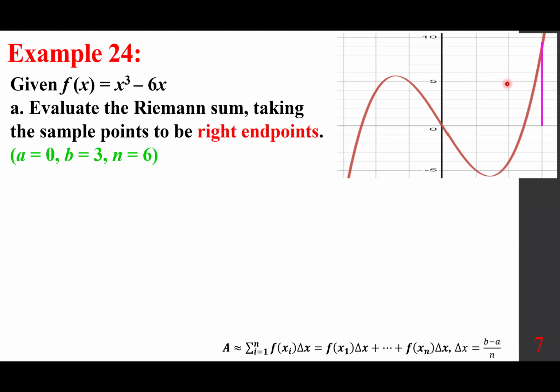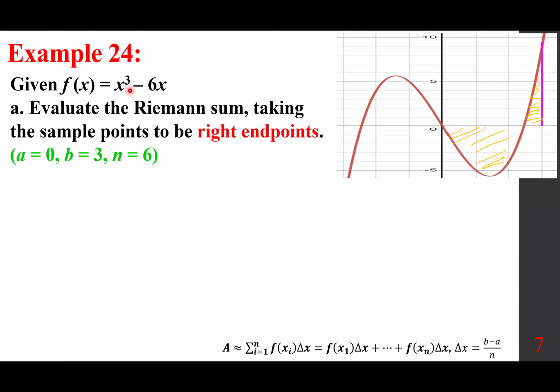Just to let you know, what we are interested in is this. And by the way, you can clearly see that this is larger than this one. So you expect a negative value because this represents the difference of subareas. If we want the area, we have to take the absolute value. So having said that,